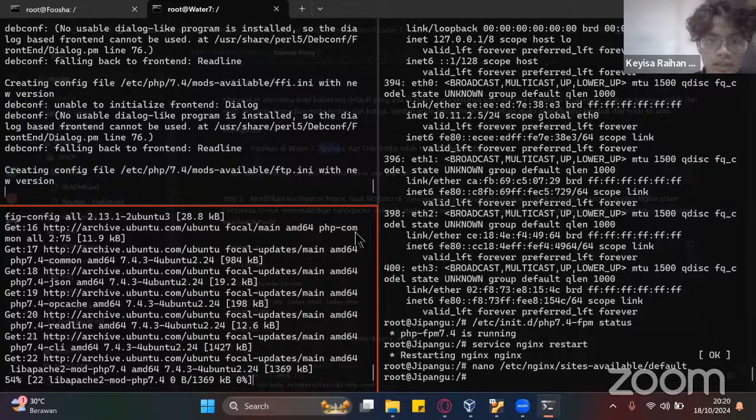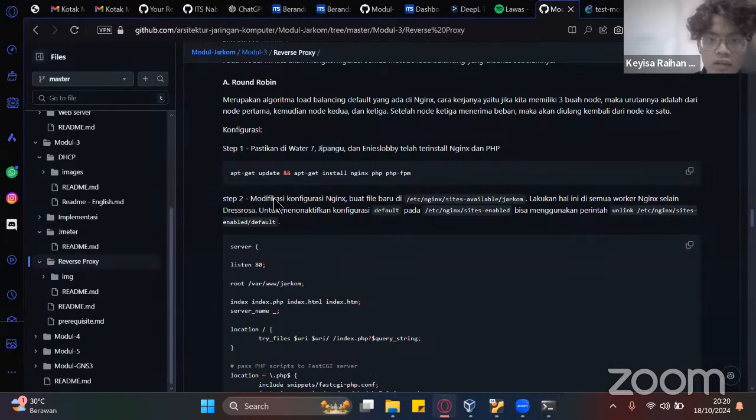So let's just wait. After that, we can configure the Nginx and make a new file in sites-available jarcom